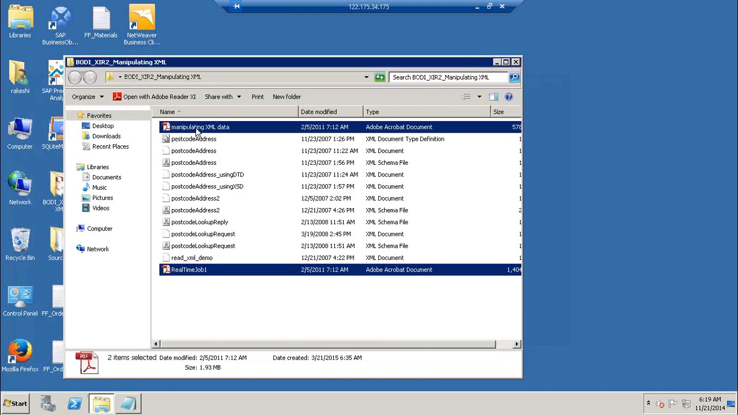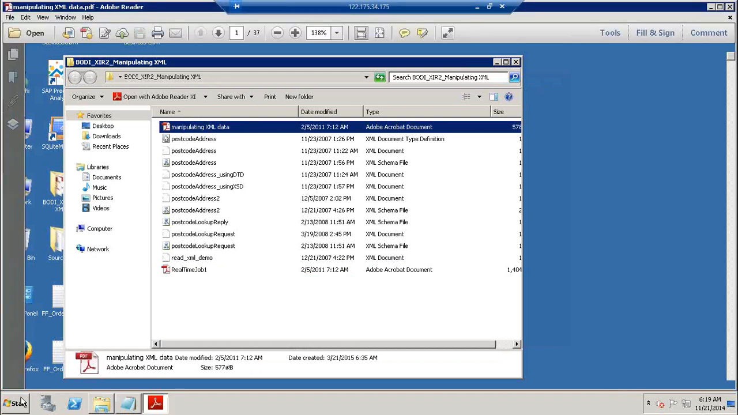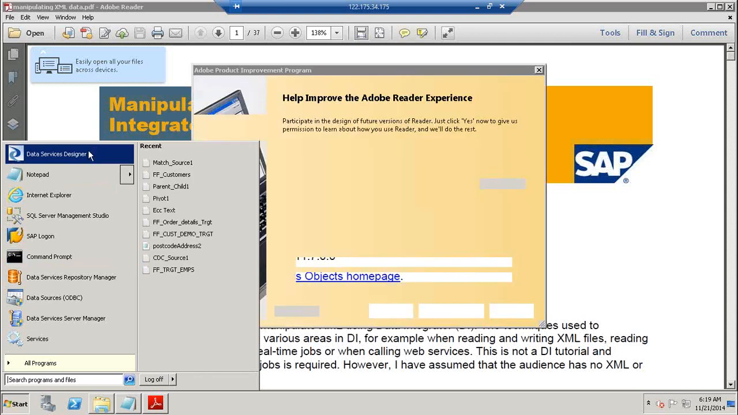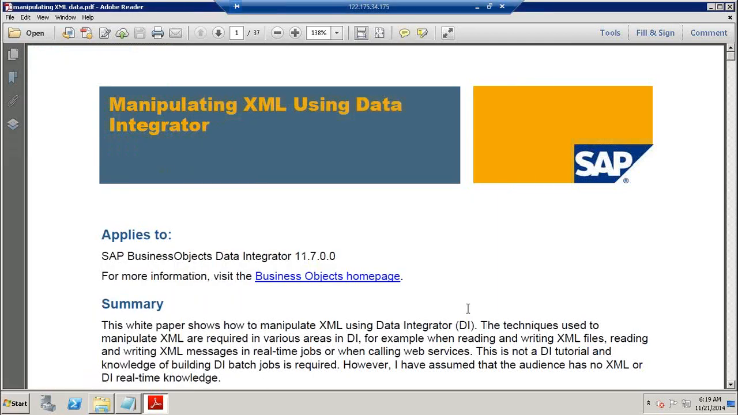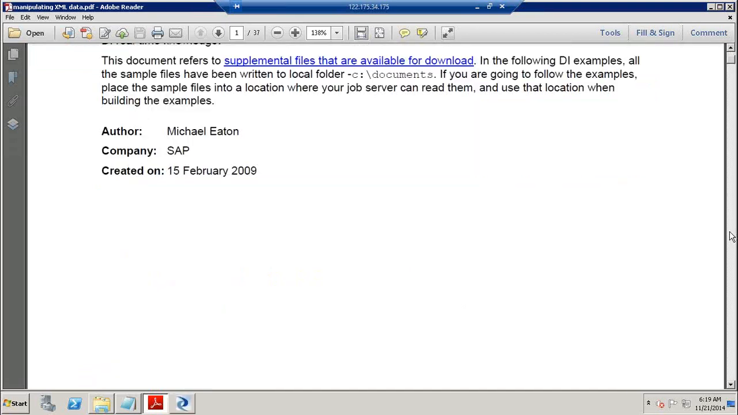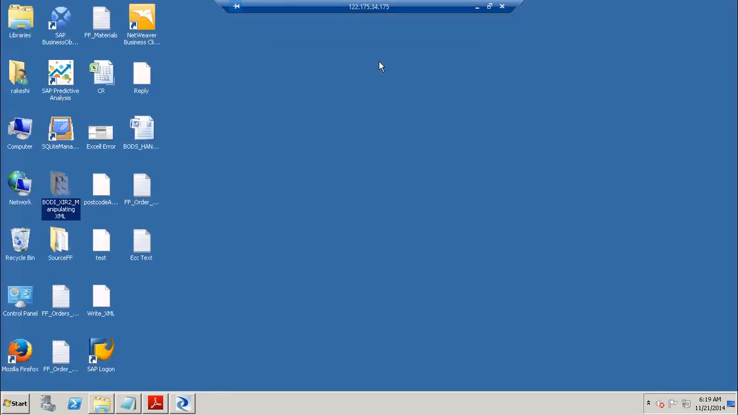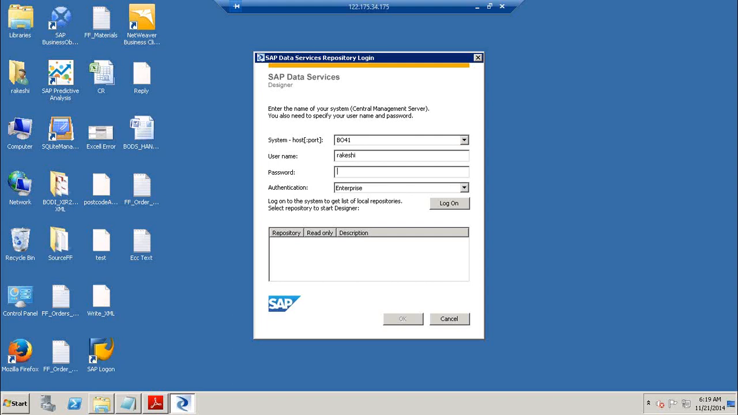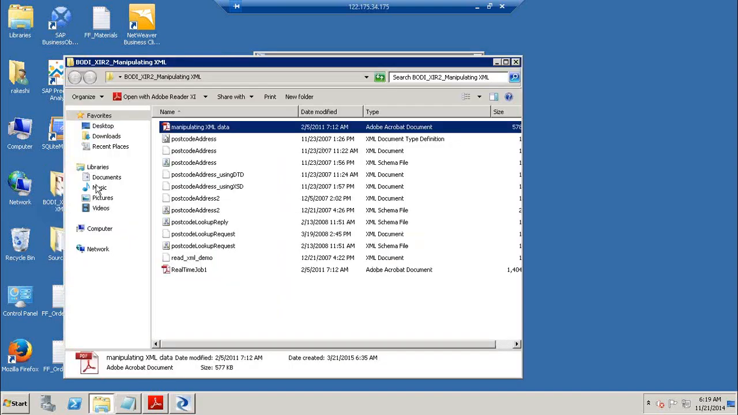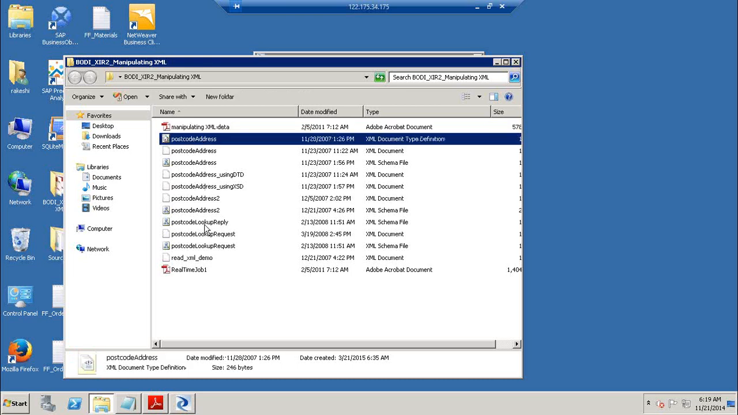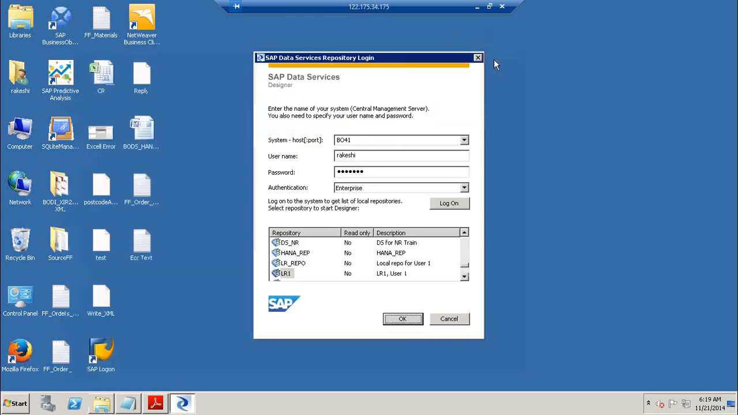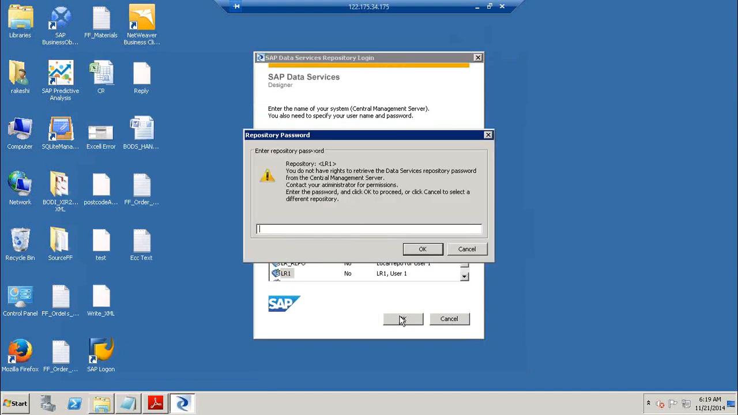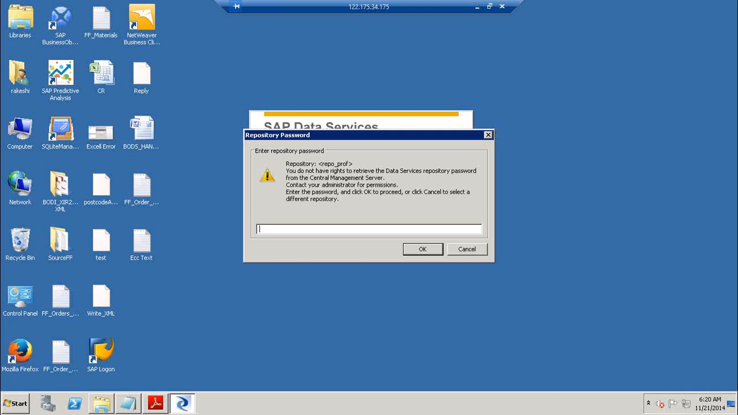So let me open the first document, which is manipulating the XML data. This is downloaded from Service Marketplace, and there are some supplement files given, because flat files you can go ahead and create, but creating XML source and target files is really tough. So some supplement files are created and downloaded here, so you can see these files. Before we proceed with this one,